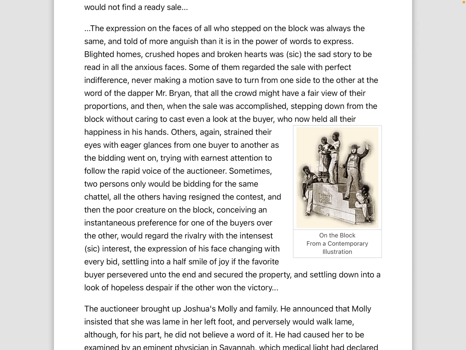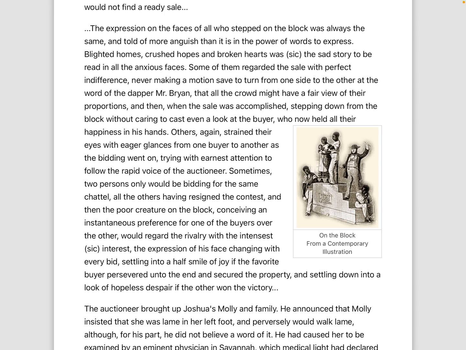The expression on the faces of all who stepped on the block was always the same, and told of more anguish than it is in the power of words to express. Blighted homes, crushed hopes, and broken hearts were the sad story to be read in all the anxious faces. Some of them regarded the sale with perfect indifference, never making a motion save to turn from one side to the other at the word of the dapper Mr. Bryan, that all the crowd might have a fair view of their proportions, and then, when the sale was accomplished, stepping down from the block without caring to cast even a look at the buyer,